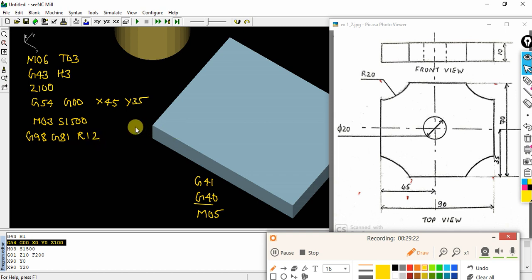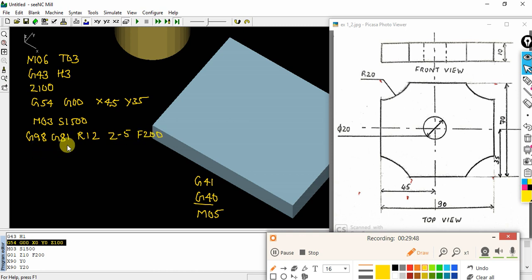Okay, already 2 mm is removed, so that is the return point R12, the safe height, and I will make sure that Z minus 5, so that it will completely give us a through hole, from this point X45, Y35, Z100 to Z minus 5, and feed 200.